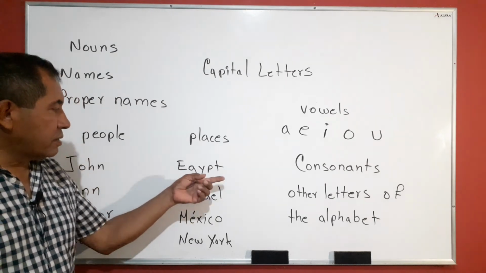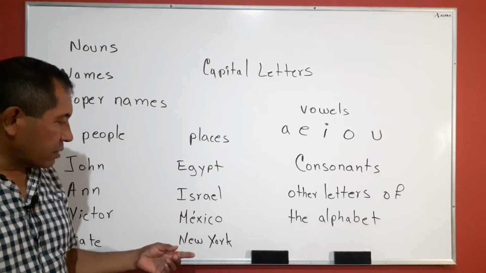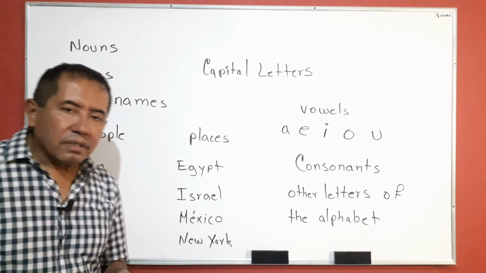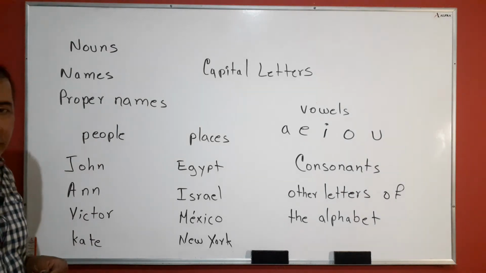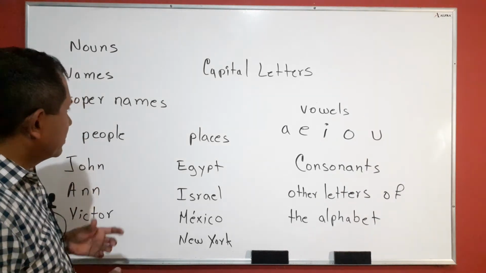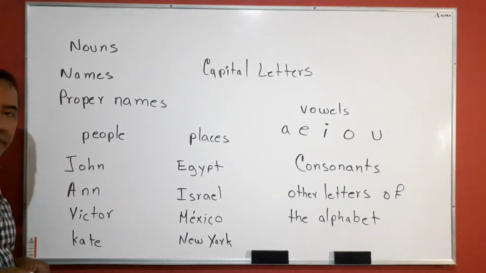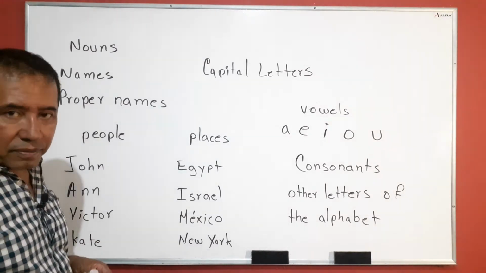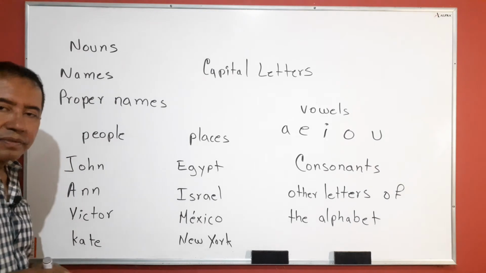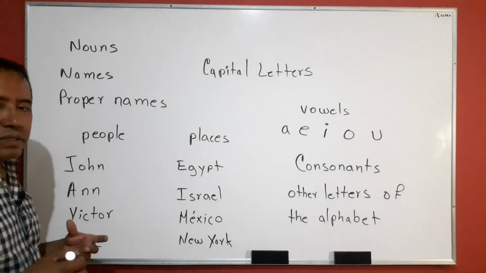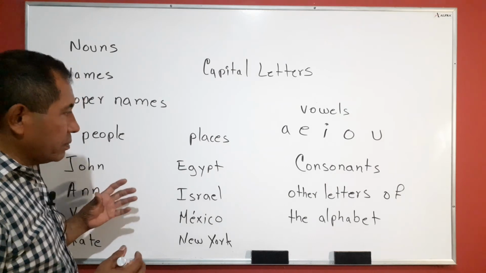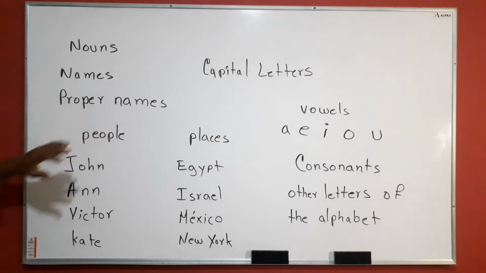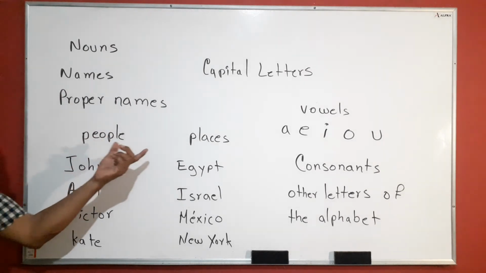Places: Egypt, Israel, Mexico, New York, Istanbul, Argentina, Brazil, Ecuador, the United States, Canada, all those are places. Right? The park, the lake, the sea, the beach, all those are places. All the proper names, people or places,